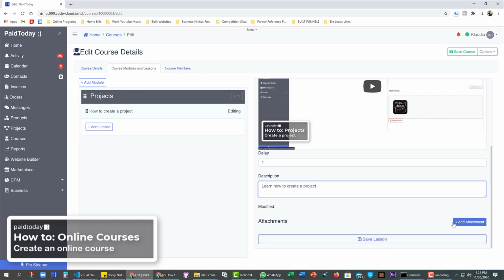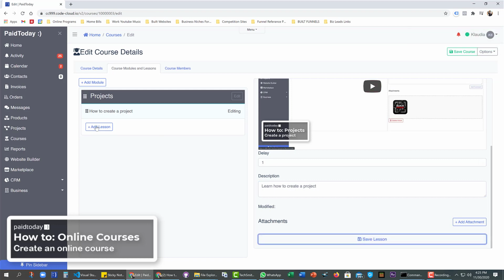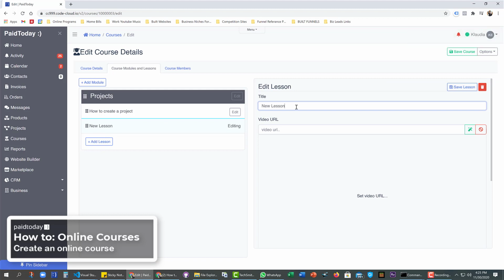you can also add the lesson attachments. I don't have any for this one, so I'm just going to go ahead and save lesson. And then we can go ahead, and what we'll do next is add another lesson. So we'll say edit project, and then we'll go ahead and add the URL for that one,